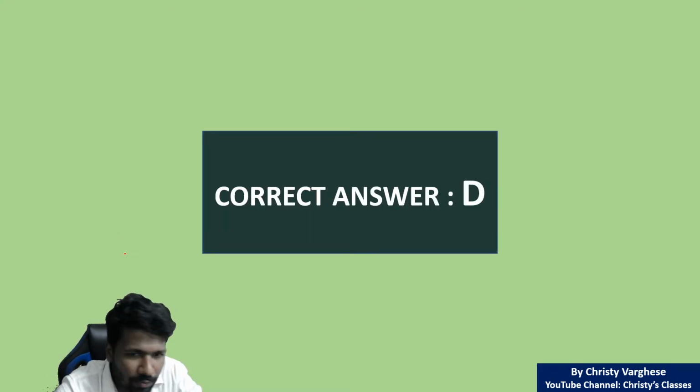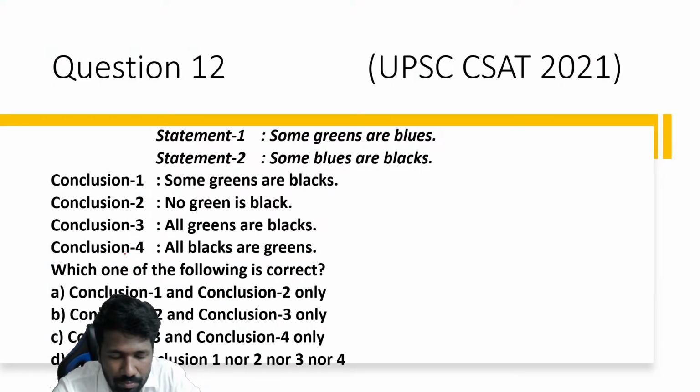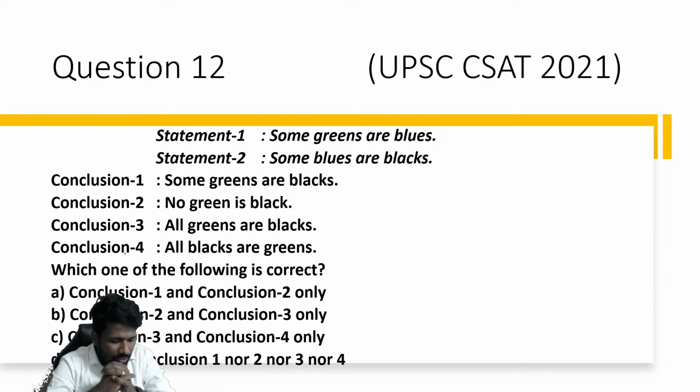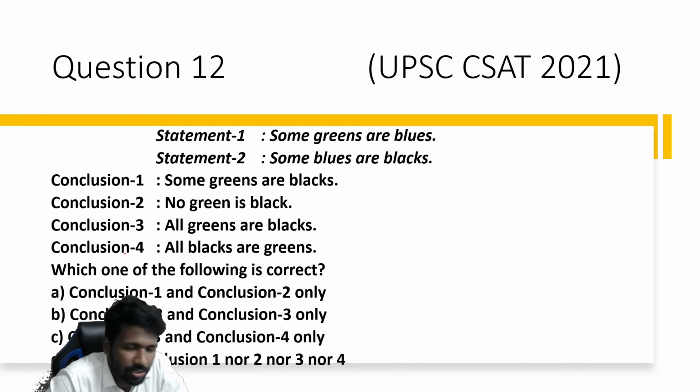Is it clear, all of you? Please respond. So this is how to do a syllogism problem. Practice more questions. I will give you more than 10 syllogism questions. For most chapters I have given 10 questions each, but for this I will give more than 10 so that you can practice more. As I told, this is a chapter where if you are clear on the concepts, you can easily score marks. It won't take much time either. The technique is the same for all questions.